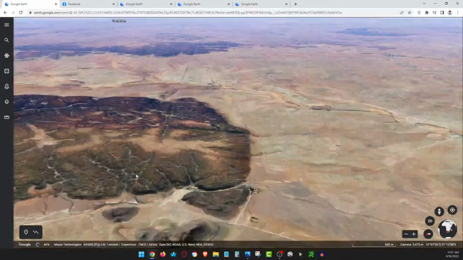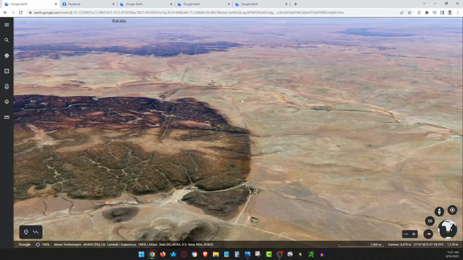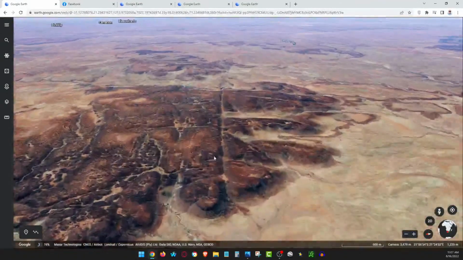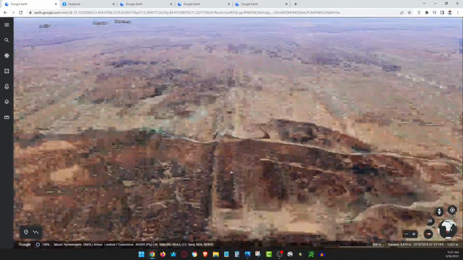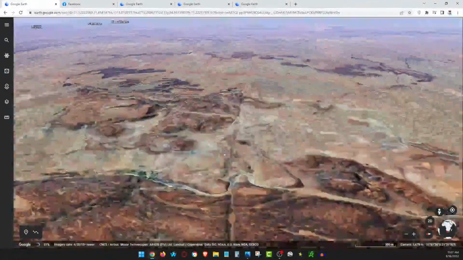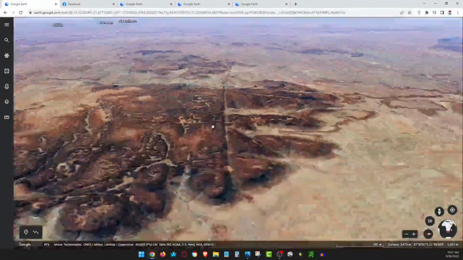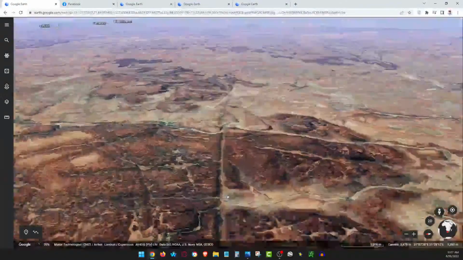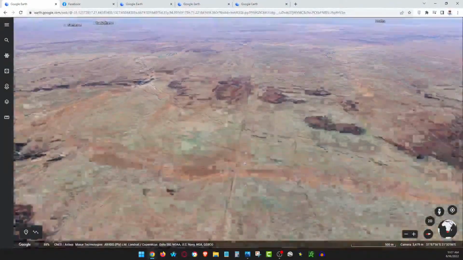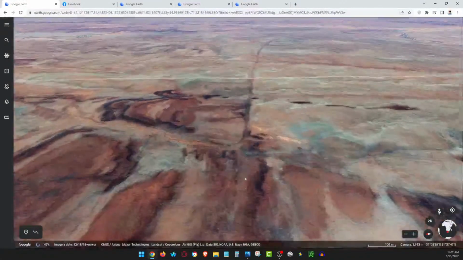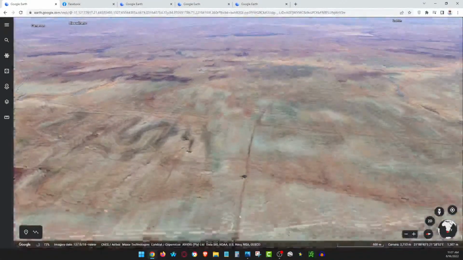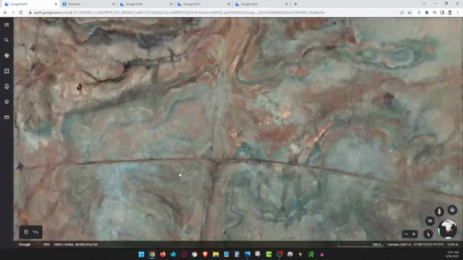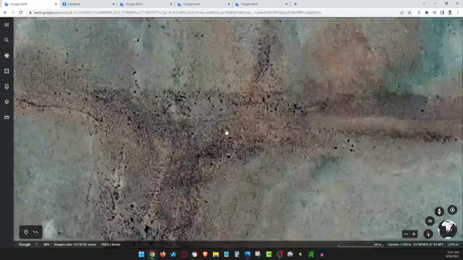Now this one was cut through here, but it also has a line going around here. So they're both going around. These lines go on forever. This is the cut through. That's the cut through that I started with. I wanted to show that because it is an amazing cut through. I mean, the plateau has literally been cut through. And that line goes on for more miles. This is a nub. That line is almost like a Nazca line. There's more. These lines are everywhere in South Africa. And these aren't roads. If you think I'm looking at a road, it's not a road.